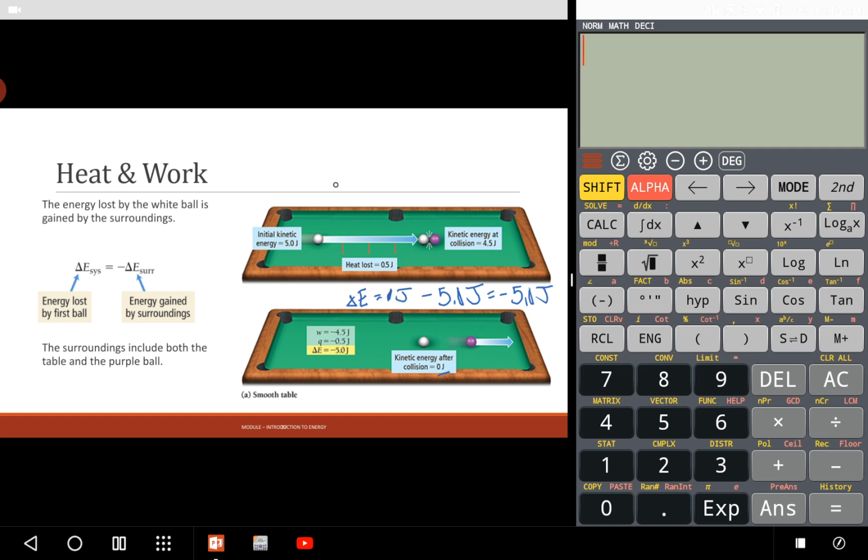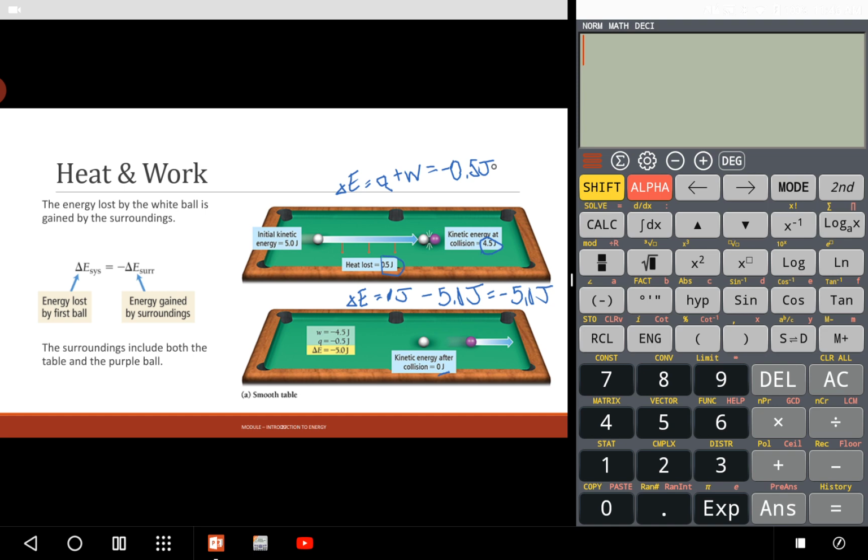We can also think of delta E as the sum of Q plus W. So delta E is also equal to Q plus W. Since it's losing heat here, the 0.5 is actually negative, and so it's equal to negative 0.5 joules. And then since it's bumping into the ball and losing this energy here, it's doing work on the